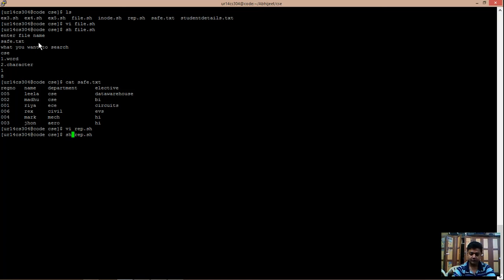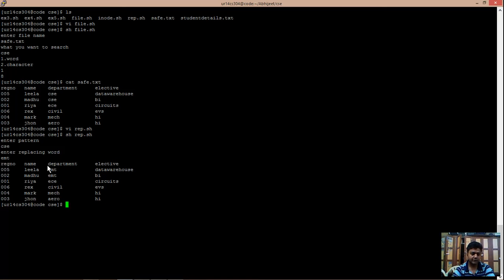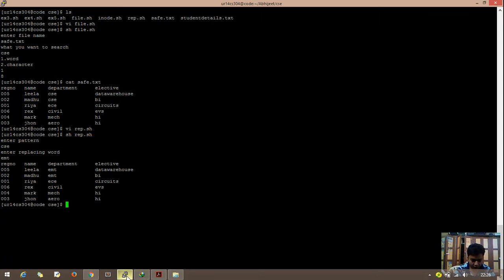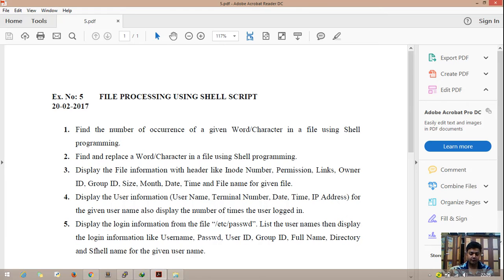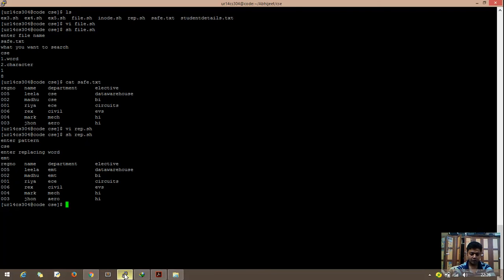So sh. Here we have to write one pattern. Suppose I want to replace CSE with EMT. Here we can see our output is EMT. Now the next program is to display the file information with a header, like inode number, permission, link, owner ID, group ID, size, month, date, time, and file name for a given file. For that question, what we have to do,